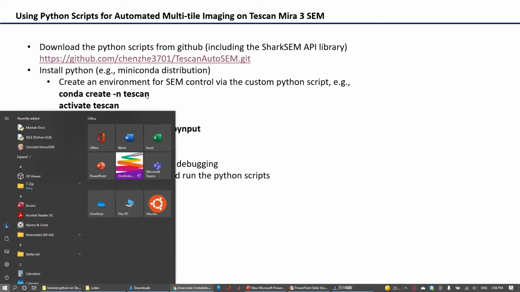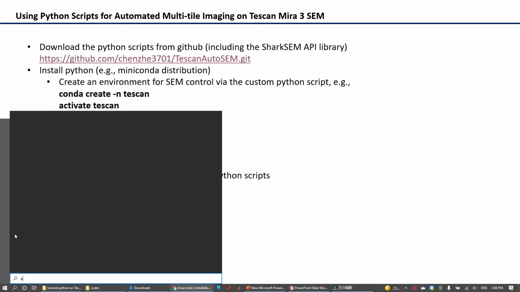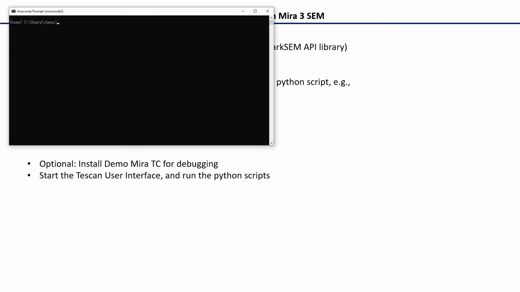And since now we have downloaded the codes on our computer, we can try to run it. We can open this Anaconda prompt and cd to the directory that we put our code in.